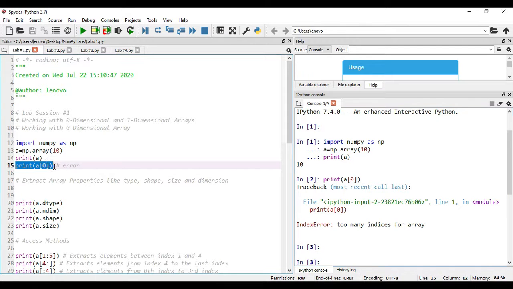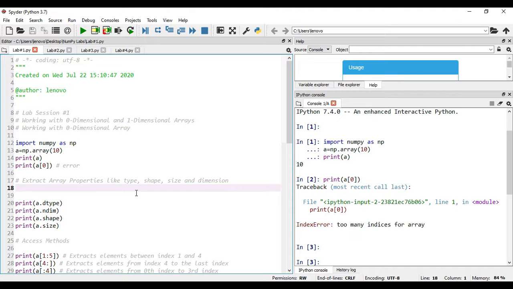Once you understand how to create a 0 dimensional array, let us go on to extract the array properties like type, shape, size and dimensions. Here, what do you mean by type? The type property is going to tell what the data type of the array is. As we know, an array can hold only similar types of elements in contiguous memory locations.